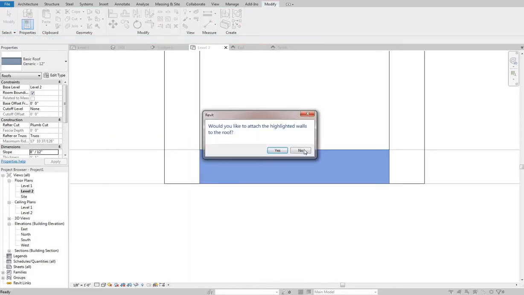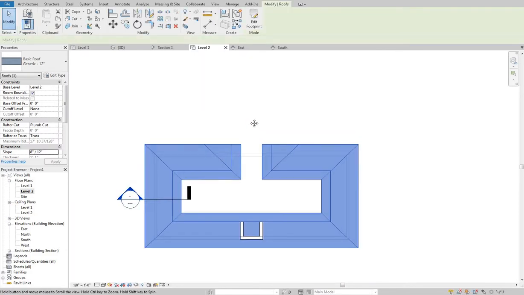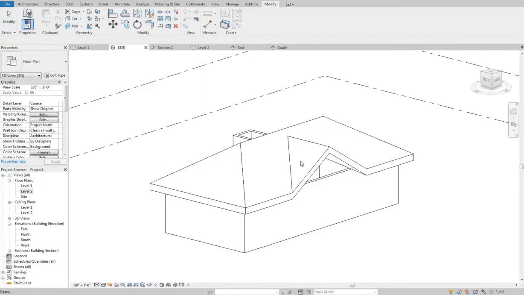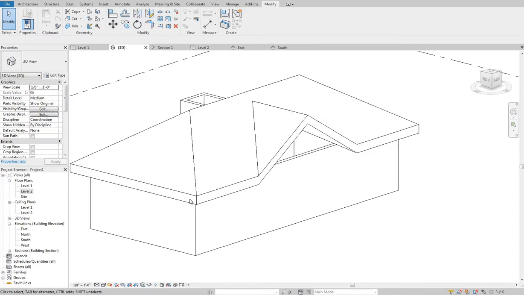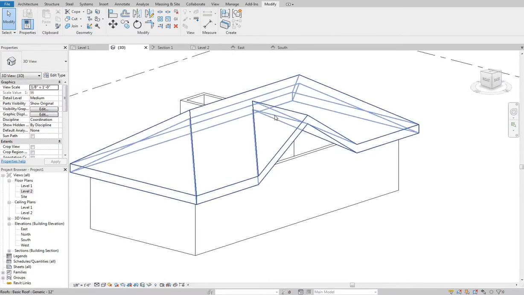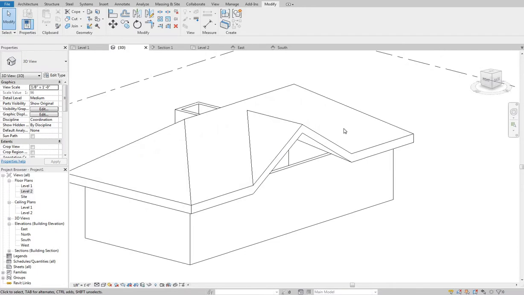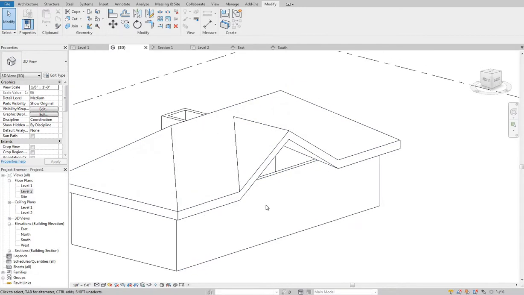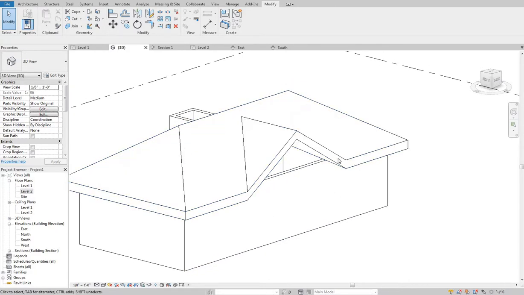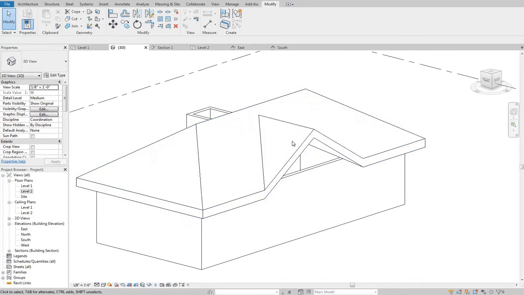And when we hit our check mark, I won't worry about that right now. Now when we go in, we get the look that we're after. We've used this slope arrow to define a new kind of sloping element without the kind of bump out or anything there. So the slope arrow can be used in that method where if you want to keep something in line,